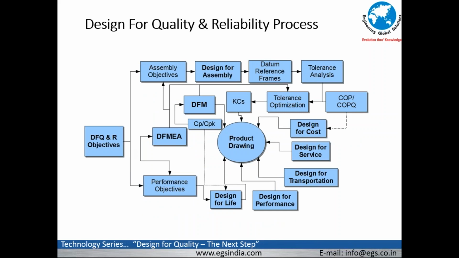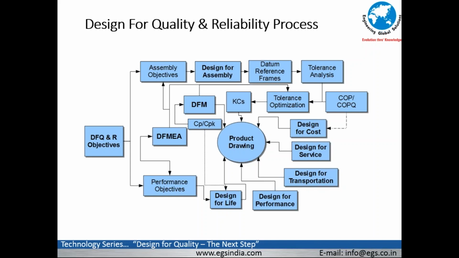So as you can see, in the next slide, you will see the design for quality and reliability process being put there. So the design for quality and reliability starts with the DFQ and R objective on the left side. These are measurable objectives. For example, if you look at the machine tool holder, you will see the vibration being a measurable objective. The vibration of the assembly arising out of the center of mass moving away from the instantaneous axis of rotation, leading to vibrations. In other words, vibration is the performance objective, while the assembly objective is reducing the stack up of tolerances as the components keep on getting assembled.